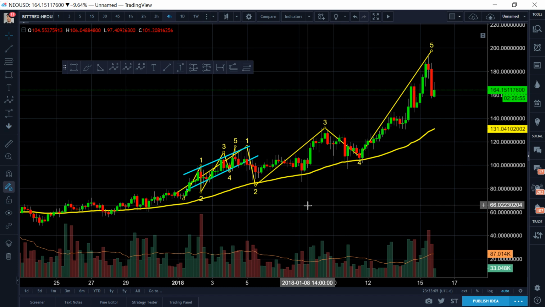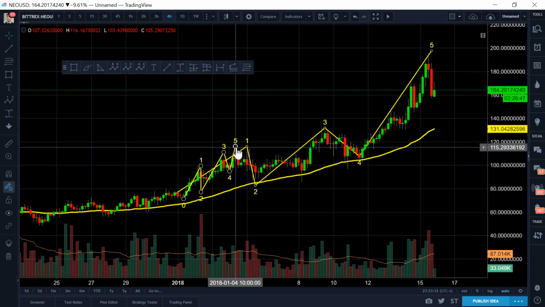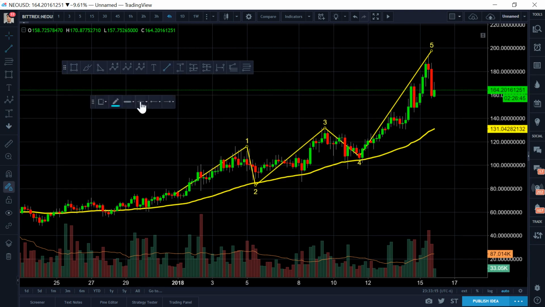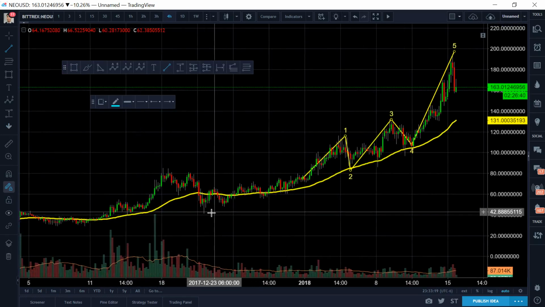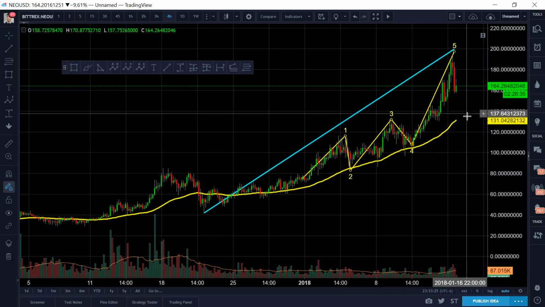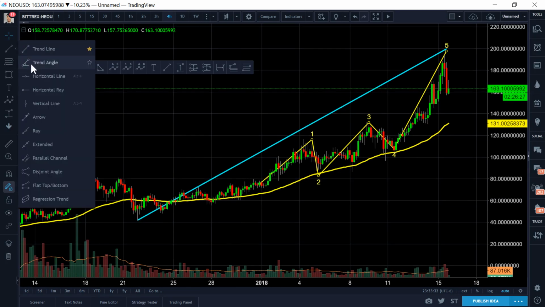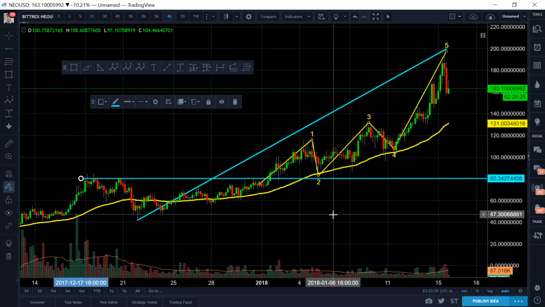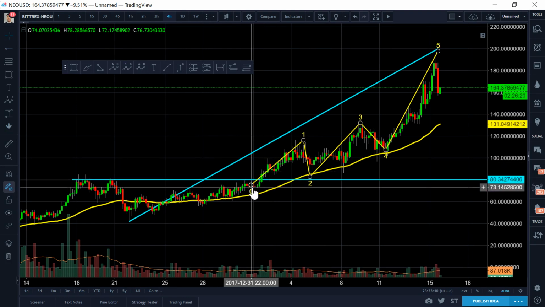Impulse waves, or wave 3, only come in an impulse wave. It doesn't come in a channel. So it doesn't fit the characteristics. Therefore, we know that this is a wave, and we're gonna call it all the way from over here. This is where the actual impulse is though. So now we know that from where the impulse actually breaks out, because it doesn't really break out until it gets above this horizontal resistance, then that's how you know that that's where this wave 1 technically begins.